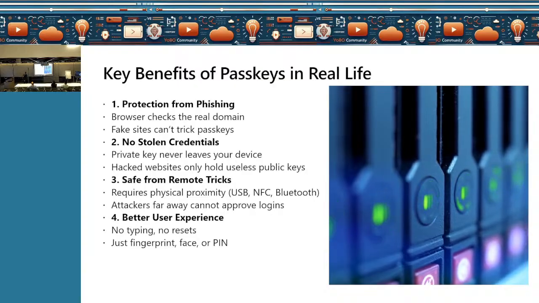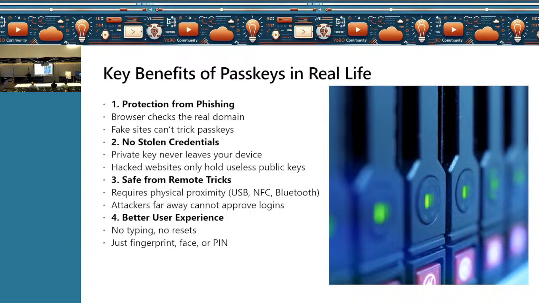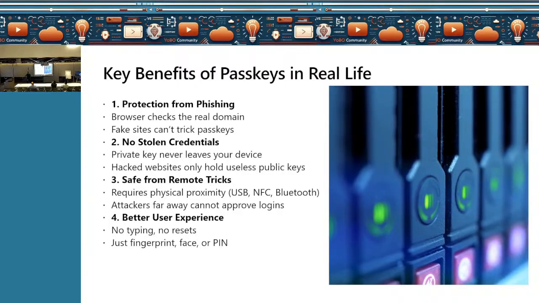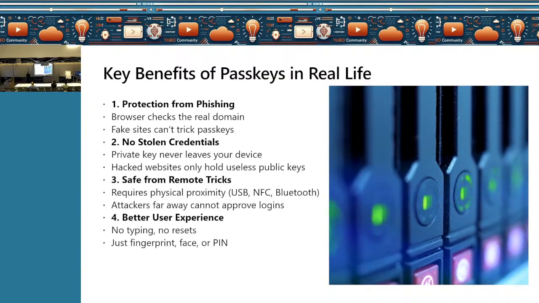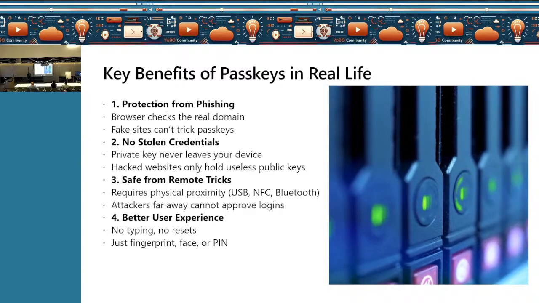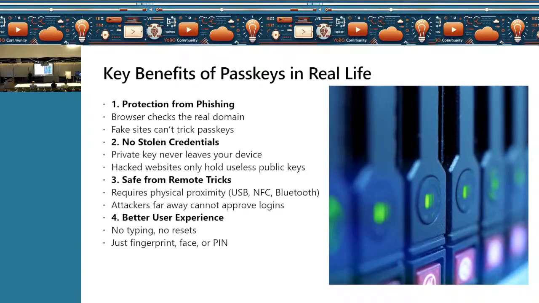From a passwordless perspective, we call it four phases. The first phase is where you deploy the offerings. Hypothetically, in your organization, you deploy passkeys, Windows Hello for Business, Authenticator, so you are enabling the organization to adopt this. The second phase is where you reduce the password visible surface area. The third phase is where the users never use passwords. And the fourth phase is when you eliminate the password. So this is kind of a journey.